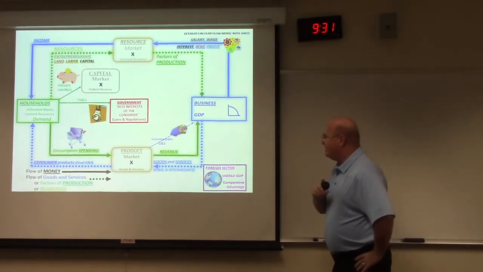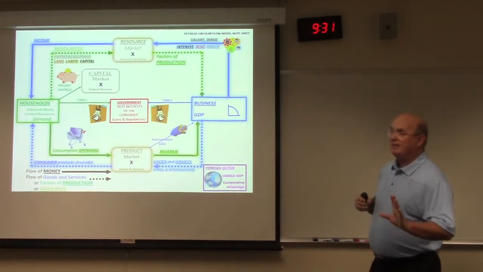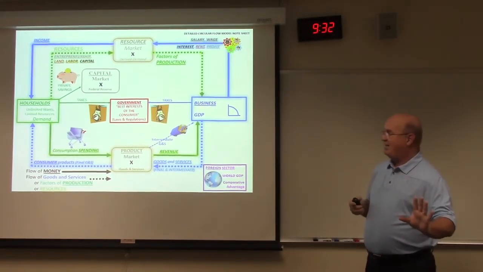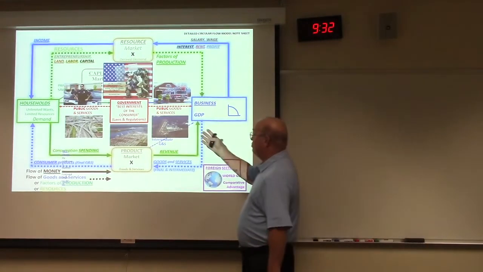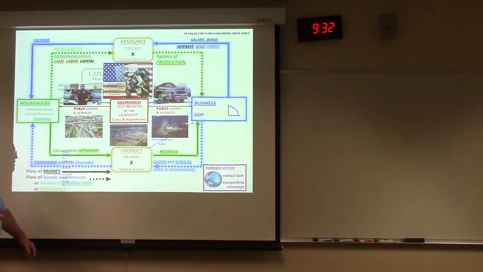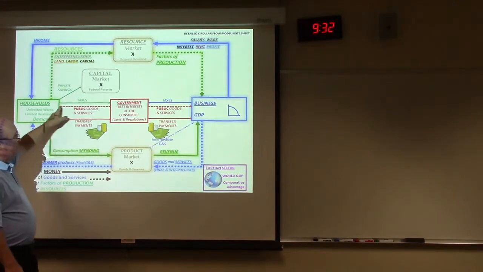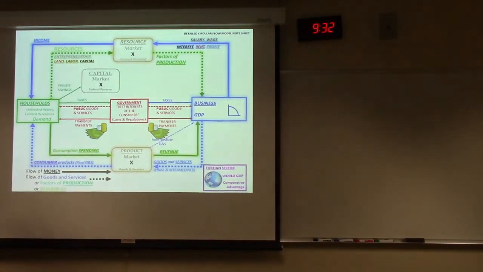Now we'll get to this in a second. And then lastly, they pay taxes. But we're going to take a look. Businesses never, ever actually pay taxes. Now, the government does provide us with all of these public goods and services. We kind of talked about those a little bit already. So this is that public goods and services that come through. They provide roads, bridges, everything for everybody to use.